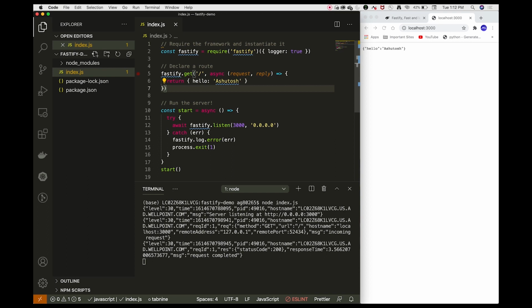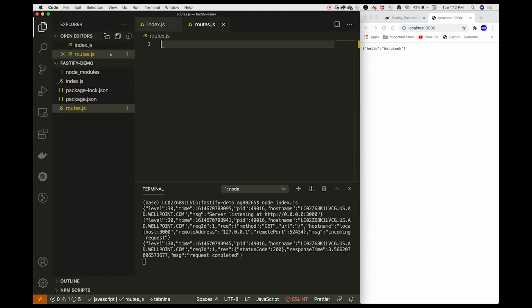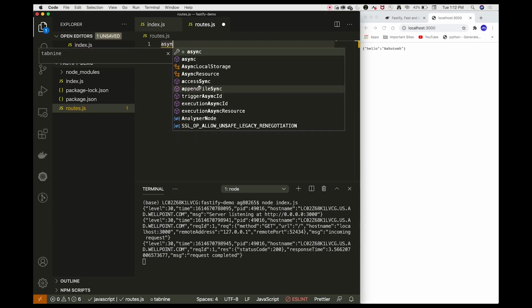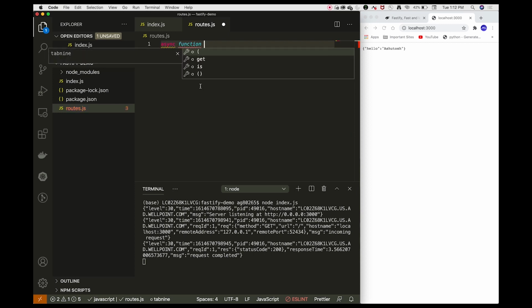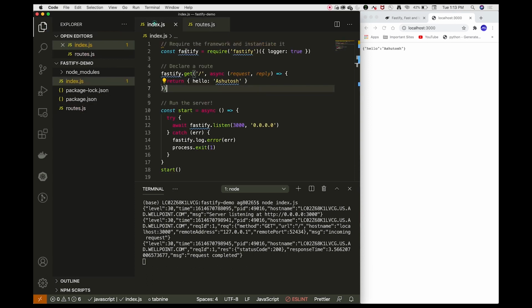With a plugin, we will create a different file, routes.js, and in this file we will create an asynchronous function called routes, which will take arguments fastify and options, and in this function we will write all our routes.